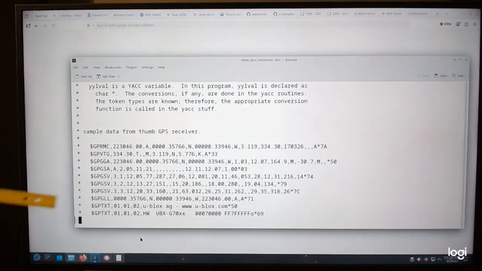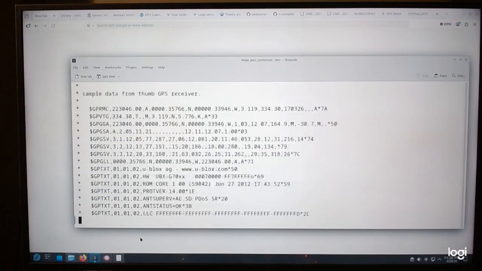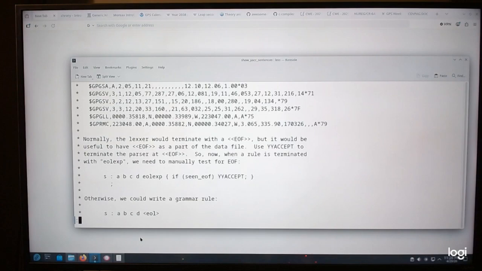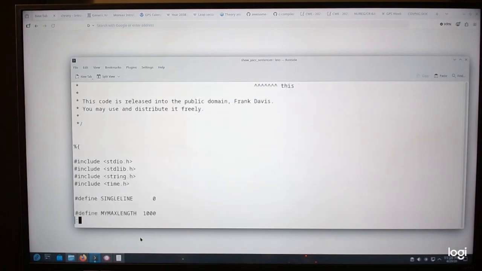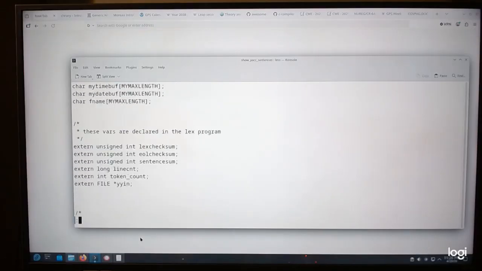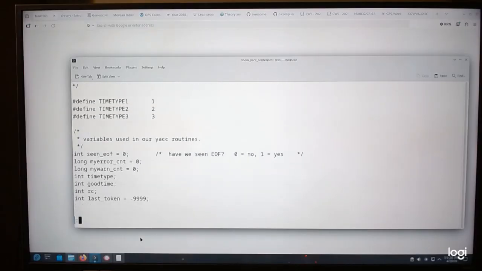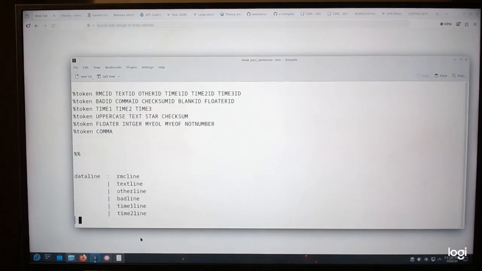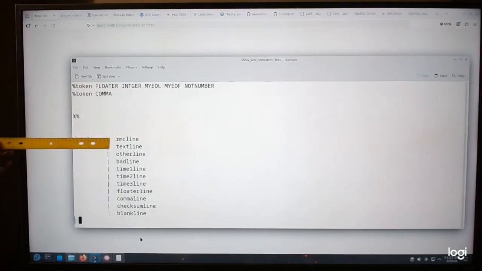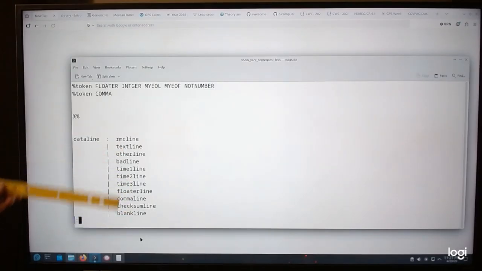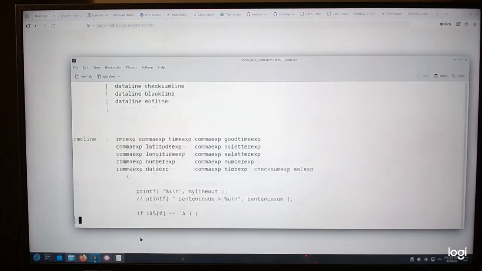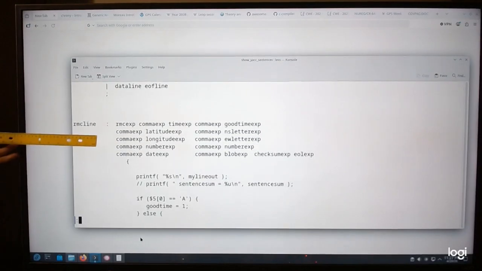I usually put some sample data in there to show what my grammar is looking for. These are my tokens that I recognize, and then these are my sentences that I recognize. And so like my RMC line,